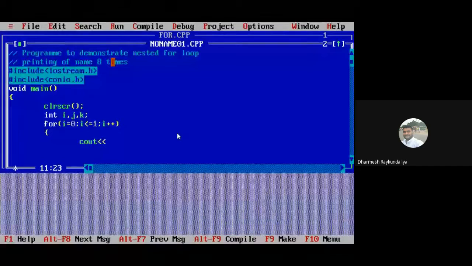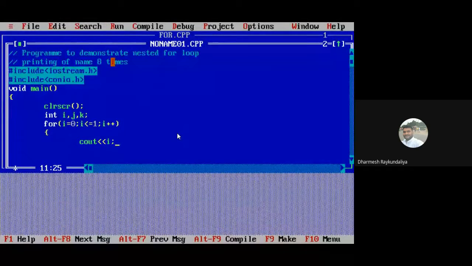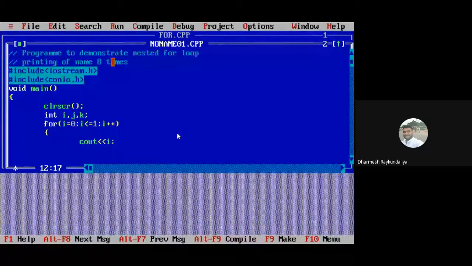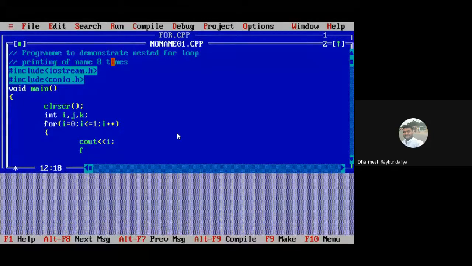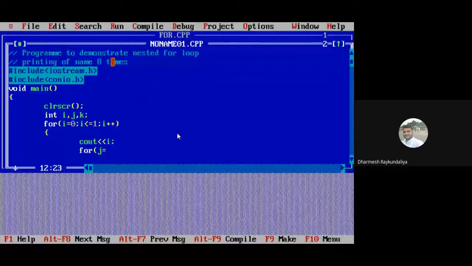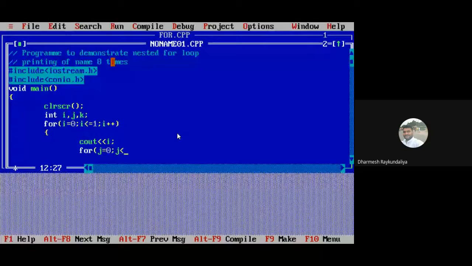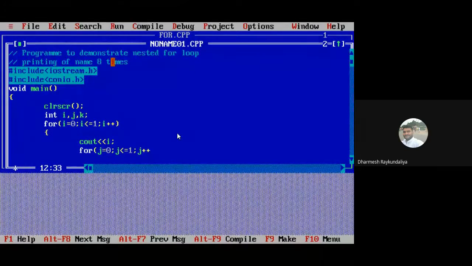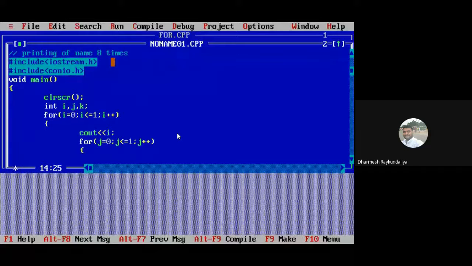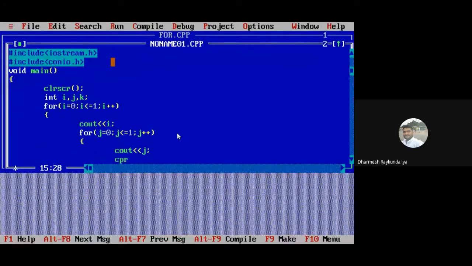Cout I. Let us see what happens. And for j equal to 0, j less than or equal to 1, j plus plus. Cout j. And for k equal to 0, k less than or equal to 1, k plus plus.